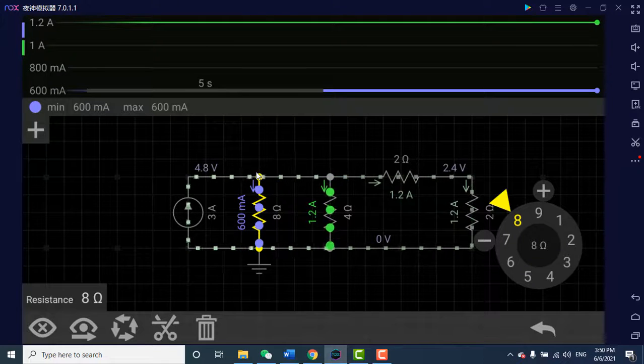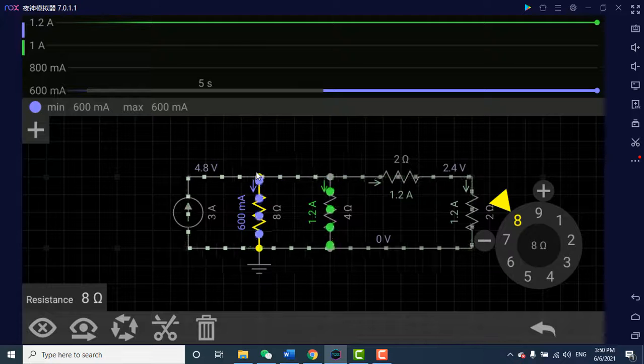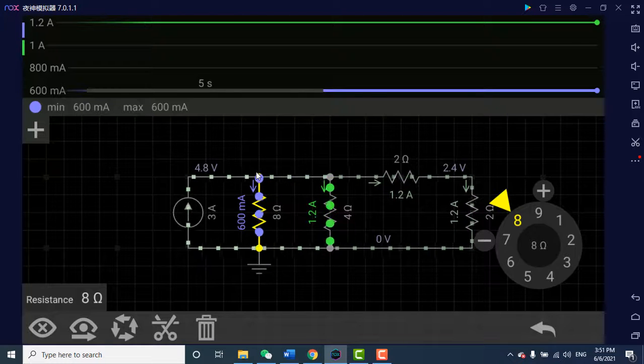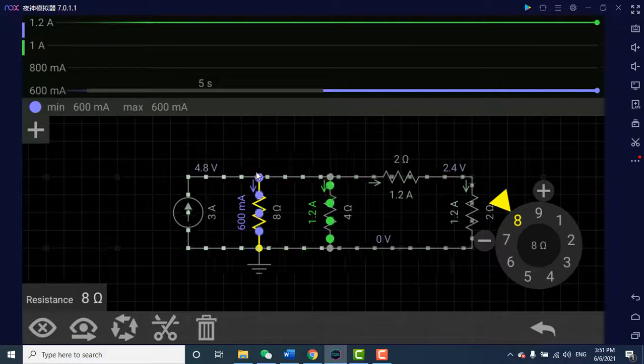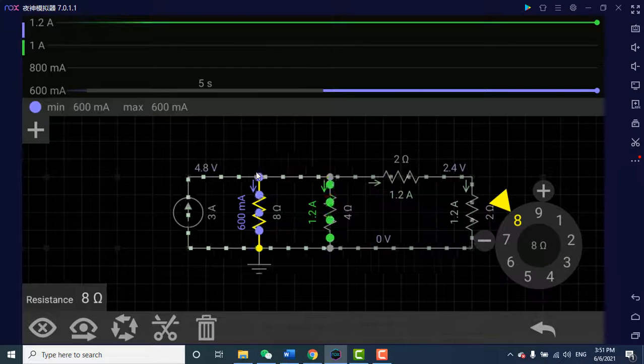So this is just the basic fundamental principle of KCL, that the algebraic sum of the currents towards the node is 0, or the entering current is equal to the leaving current. Later, in the next videos, we will see how to solve problems using the KCL. This is the basic fundamental law of KCL.